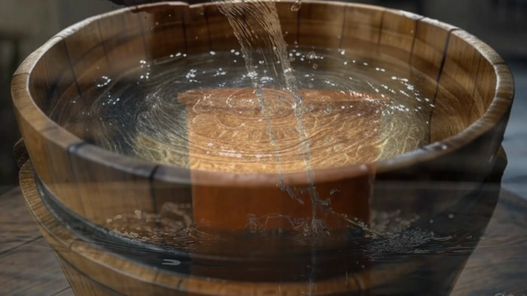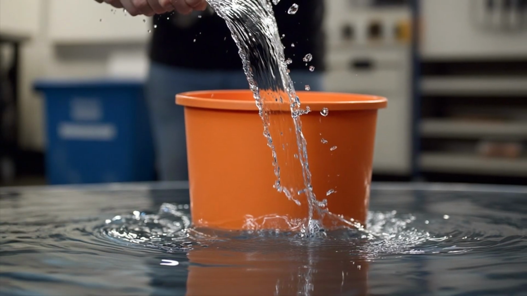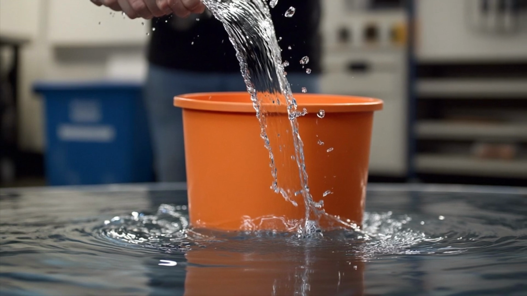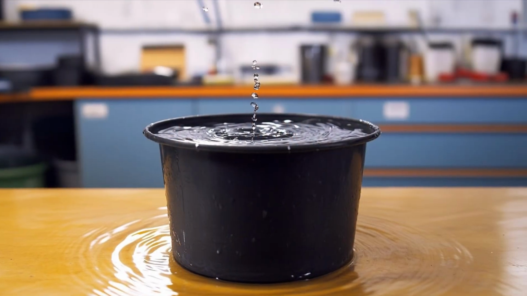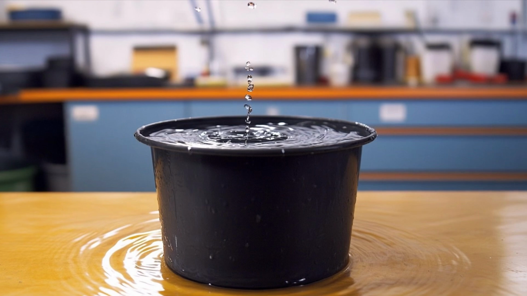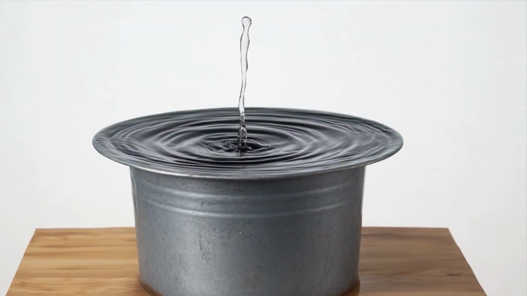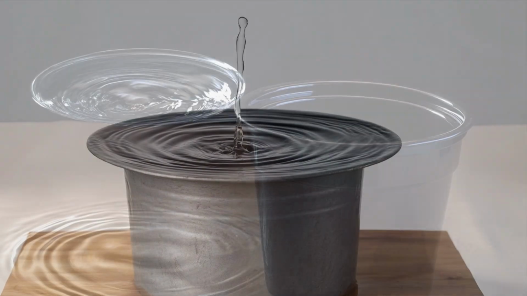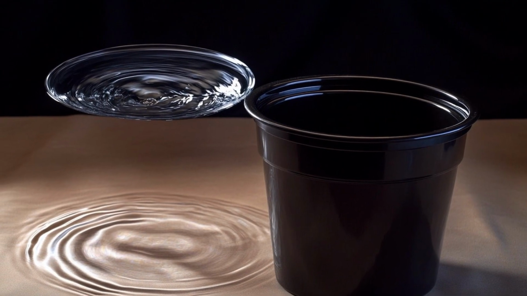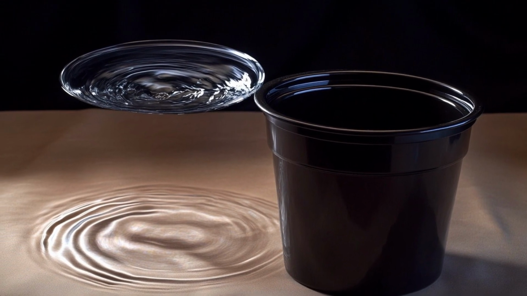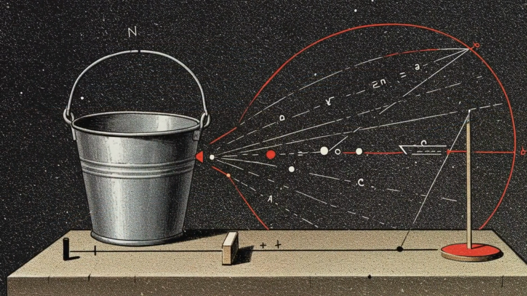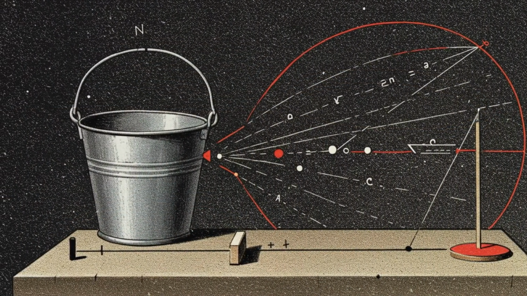The final act of the thought experiment involves stopping the bucket while the water continues to spin due to inertia. The relative motion between the bucket and the water is re-established, but now in the opposite sense. Crucially, the water surface remains concave, further reinforcing Newton's contention that the observed effect, the curved surface and the associated centrifugal force, is tied to the water's absolute rotation, independent of its immediate surroundings.